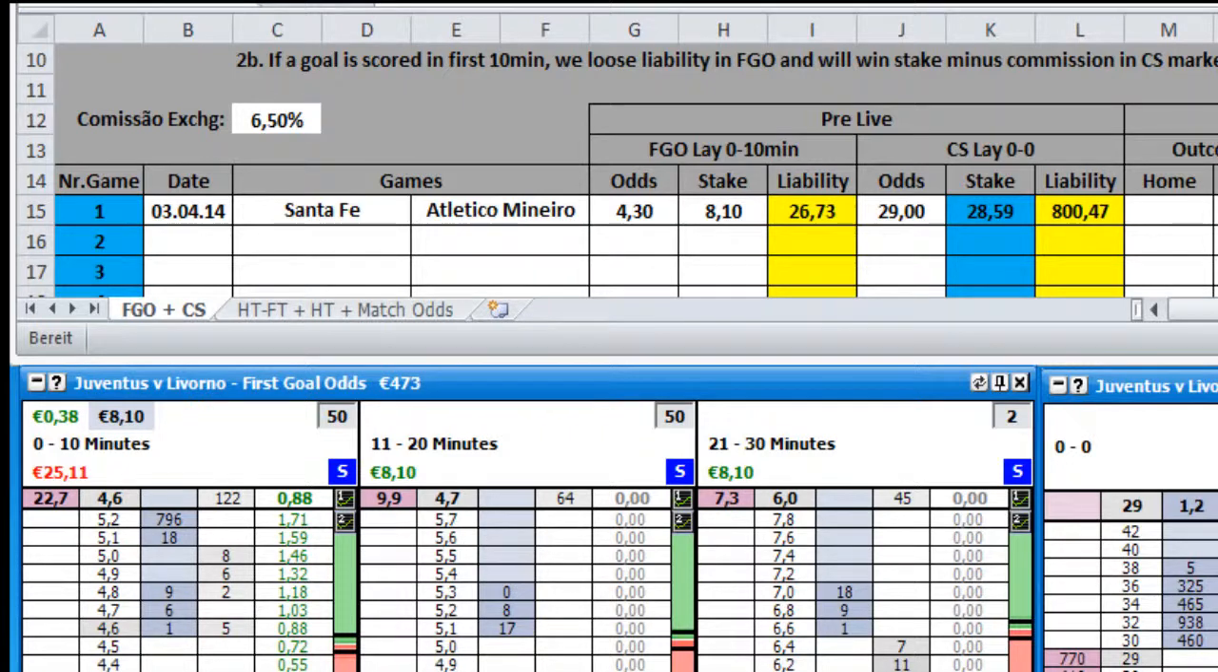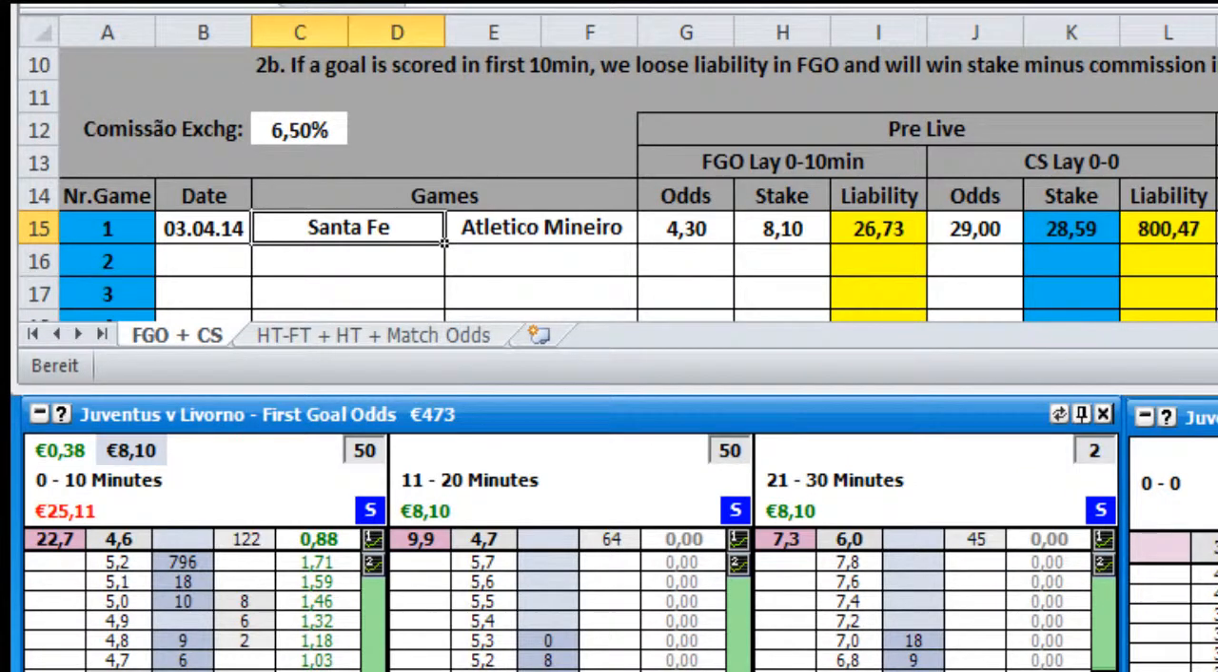Now, I want to show you one further example where we can use the strategy of the first 10 minutes with the correct core market. Now we have 11 minutes before the game will start. You see here on my monitor on the upper front, here is the calculation sheet. I have here to enter Juventus against Livorno,